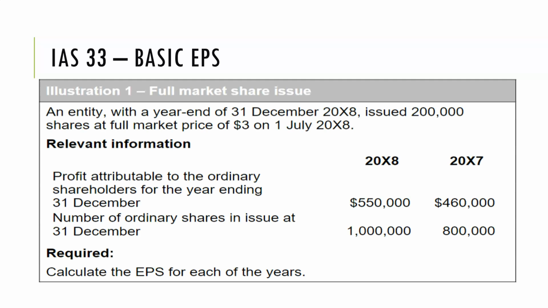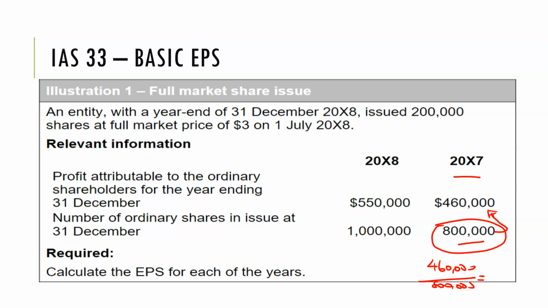So we have this example here that we will look at, and let's just simply look at the situation. Here, 2007 is a very nice one. These are the number of shares you have at the 31st of December. These shares worked all year to generate these earnings, and therefore the earnings per share for 2007 is 460,000 over 800,000, which is equal to